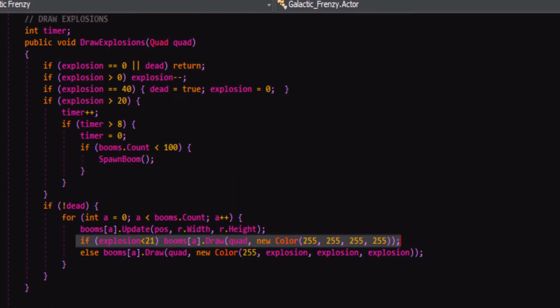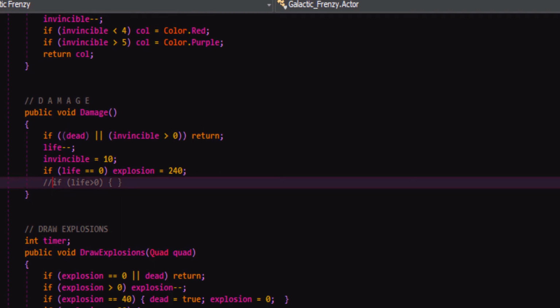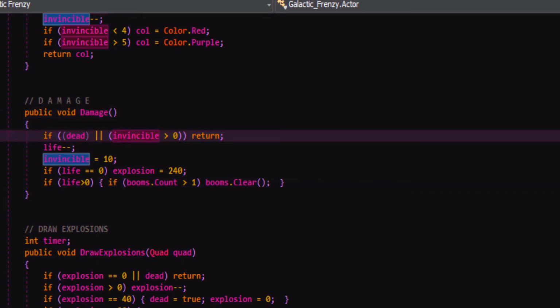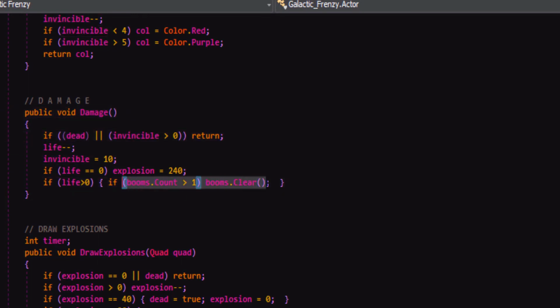So since we kind of have a case here for handling those little mini explosions where it's not blowing up the whole character, let's try to add that into damage so we can spawn just a couple little explosions or whatever, and say if booms.count greater than 1, then we'll clear it, because this is just receiving damage. The character's not dead. So if there were a bunch of explosions still in the list, this will just make sure that it's cleared to 0. So there could be some left over from an explosion event from a previous or a reused boss or something. We're just making sure that list is empty so that when the alpha is back to full visibility, there aren't suddenly a bunch of explosions that shouldn't be there.